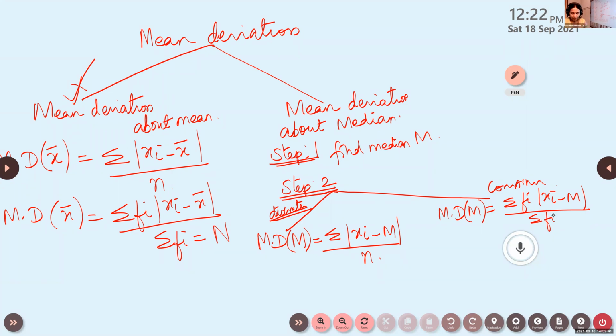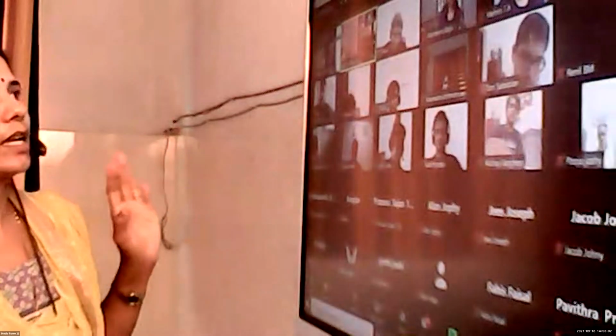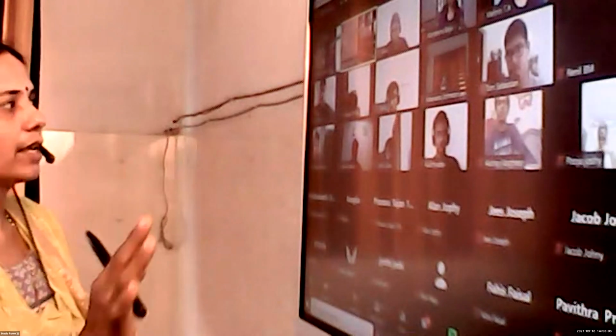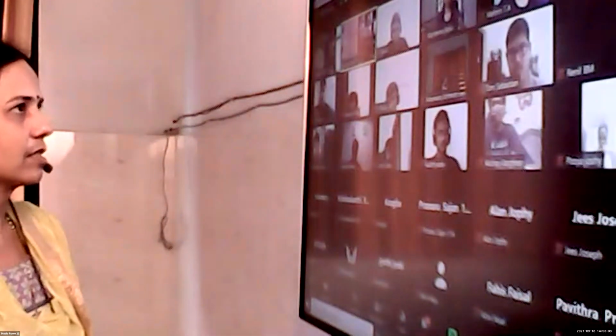In your textbook, you have first exercise. In your textbook, first exercise is fully based on this mean deviation. Okay, we are doing some extra questions from the reference book. Sometimes that same question will be asked there. Okay, science students, I'm giving that. Today you have to do, and by tomorrow try to complete that exercise before the next class. Up to mean deviation you have to complete that first exercise.